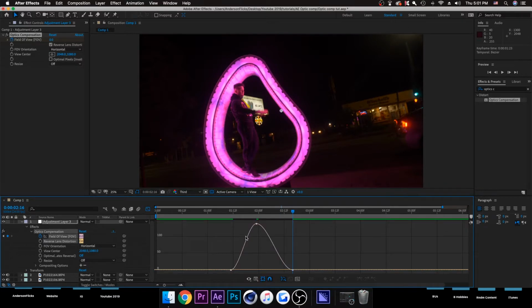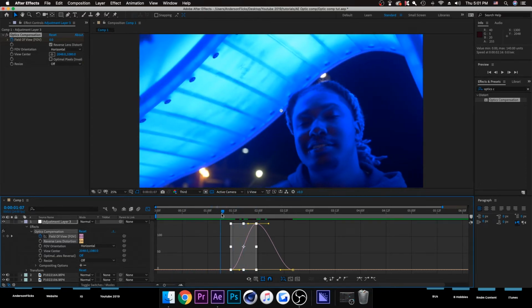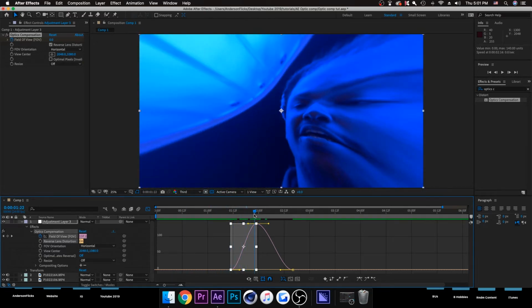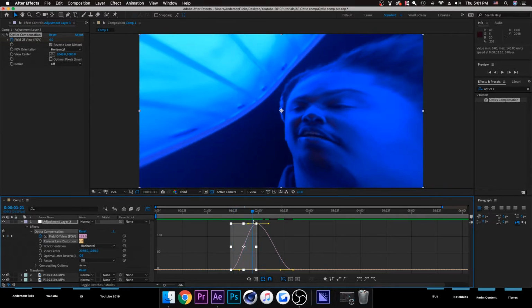click that, and as you see, it pulls up those keyframes in a graph, so you see the motion of it, and this is where you can actually make it more smooth and more fluid of a motion and transition. If you think of this as a timeline, right, this is the beginning of it, this is the middle of it, this is the end. So After Effects does its best job